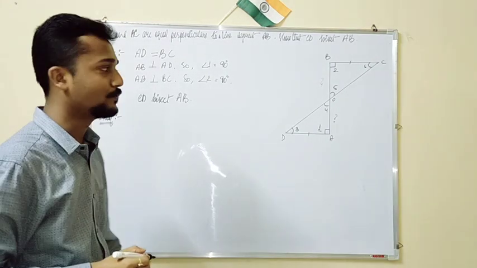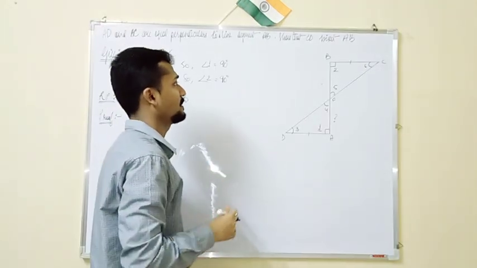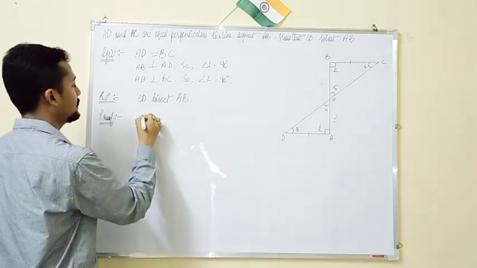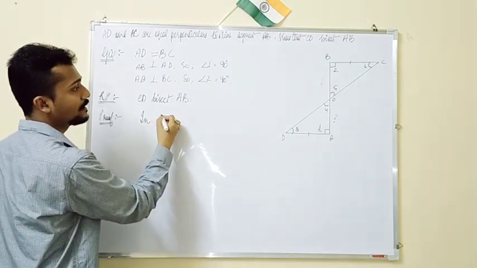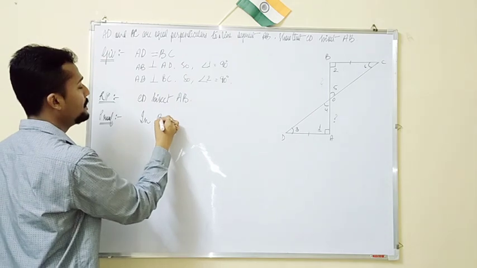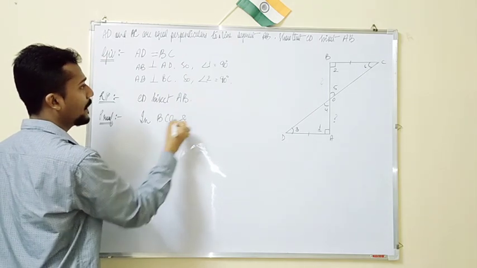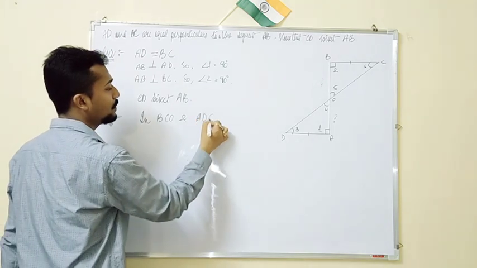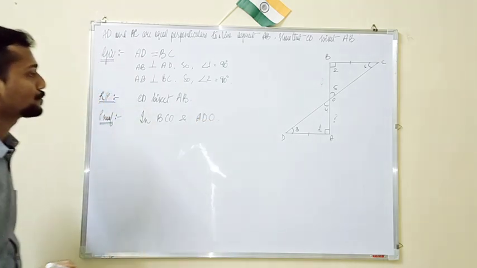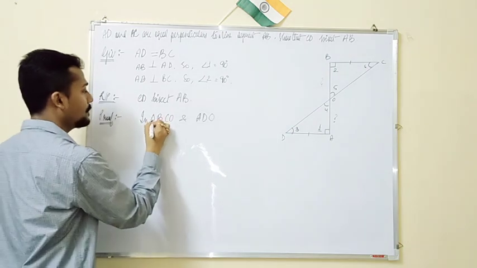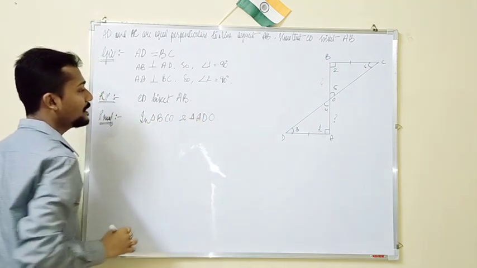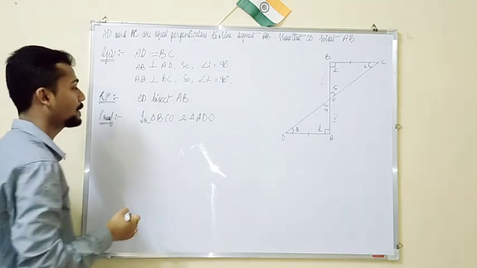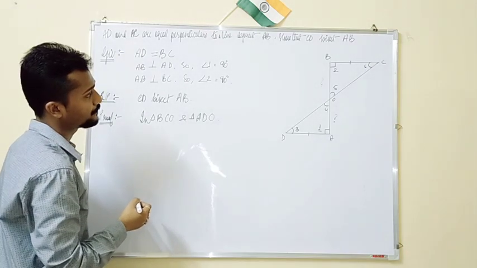We will prove first. What is there? Let us see. In triangle BCO and triangle ADO. Okay. In triangle BCO and in triangle ADO, what can we find, or what do we find is that